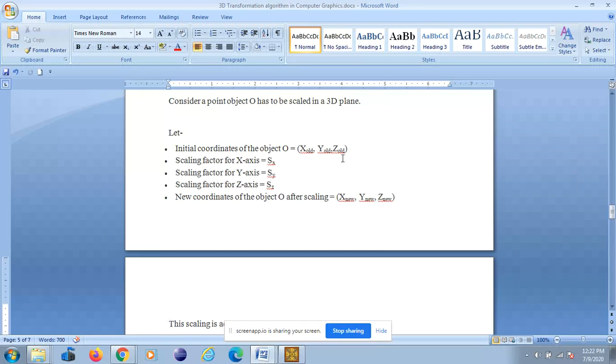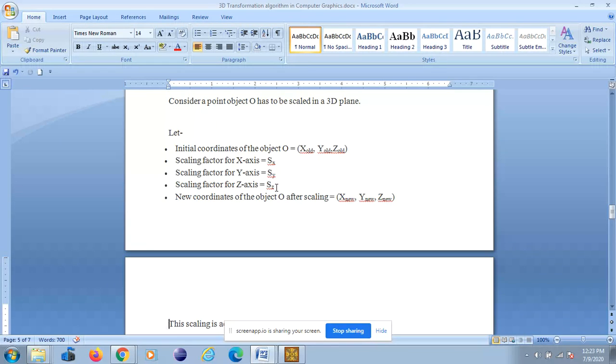I have taken all three coordinate values: x old, y old, and z old, which are the initial values along the x-axis, y-axis, and z-axis. Along all the axes we have the scaling factor: sx along the x-axis, sy along the y-axis, and sz along the z-axis.